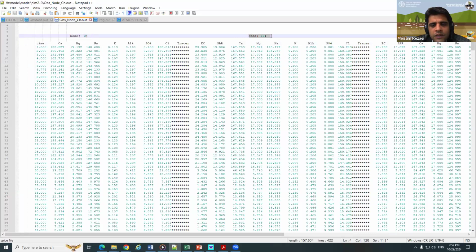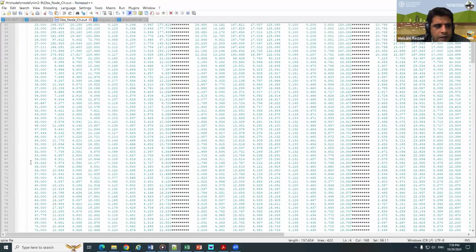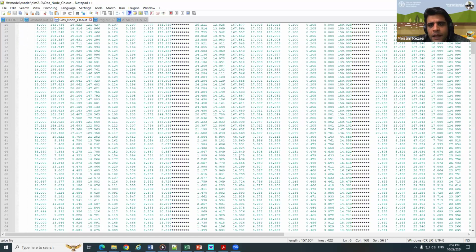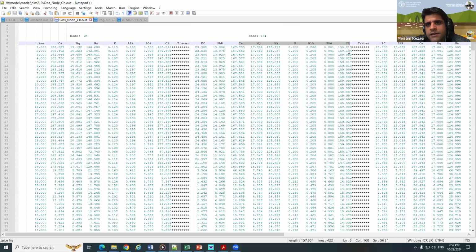The second node is at 12 centimeters. You see, the model tries to simulate the SAR, EC of the soil layers, and also the anion and cation concentrations within the profile at different times. If you open this data in an Excel file,